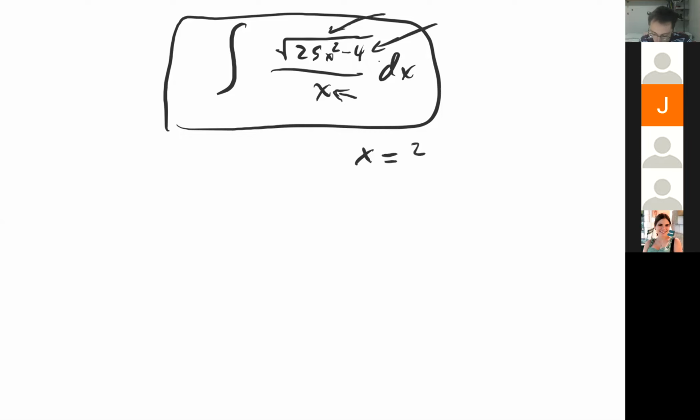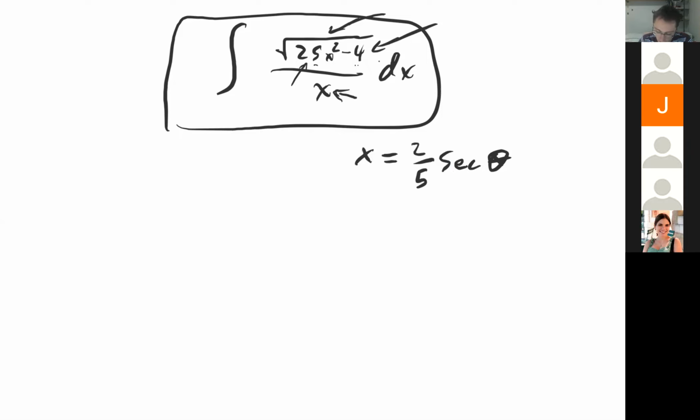The correct thing to put in, or one correct thing, because there are usually many, is you can put in secant of theta, okay? 2/5 secant of theta. So why would you want to put in the 2/5? The 2/5 is to get rid of this 25 and make both of the coefficients 4. Because if you have two coefficients and both coefficients are 4, then you're going to get a nice trig identity,